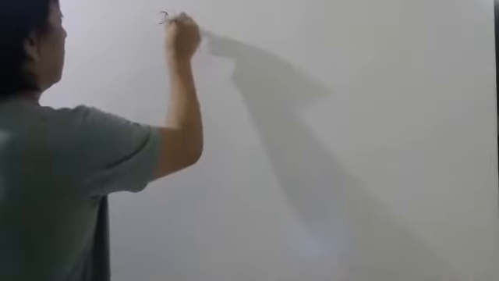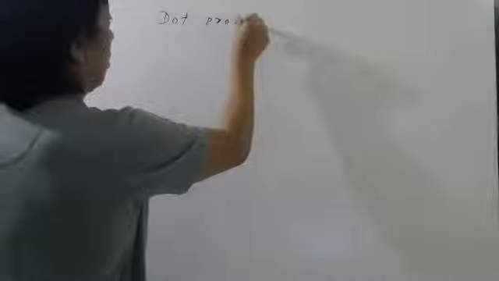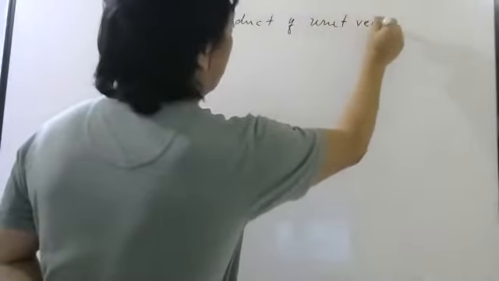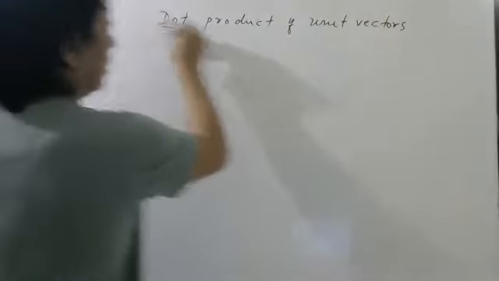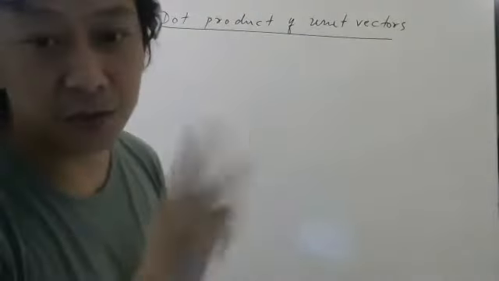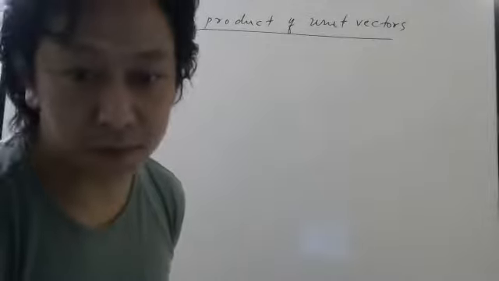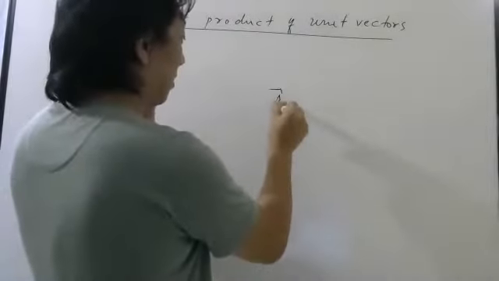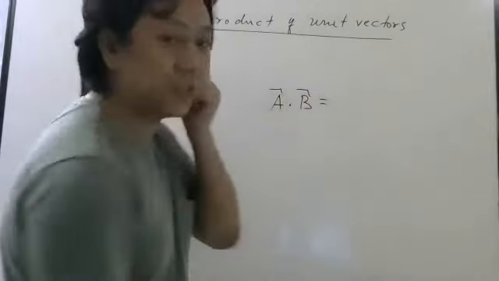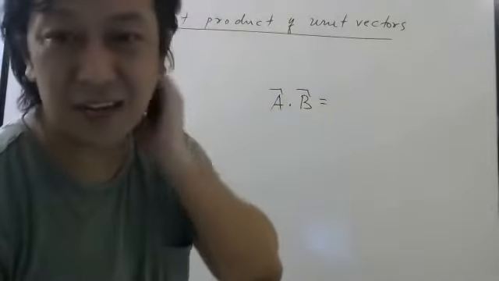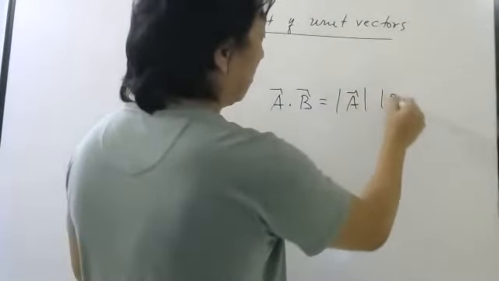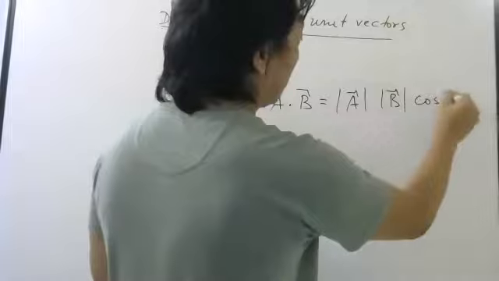Now the next topic we will study is the dot product of unit vectors. Which unit vectors? Not any unit vector, those three special unit vectors. How can I just explain? No, A bar dot B bar, how is it defined? You have to see the definition. Yesterday in class I told you, A bar dot B bar is magnitude of A bar, magnitude of B bar, cos of theta.